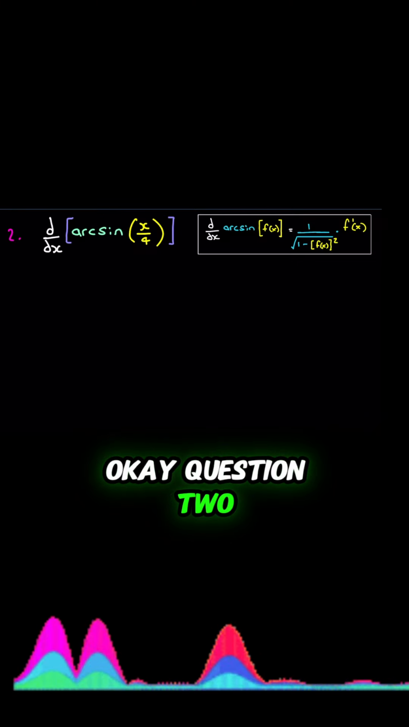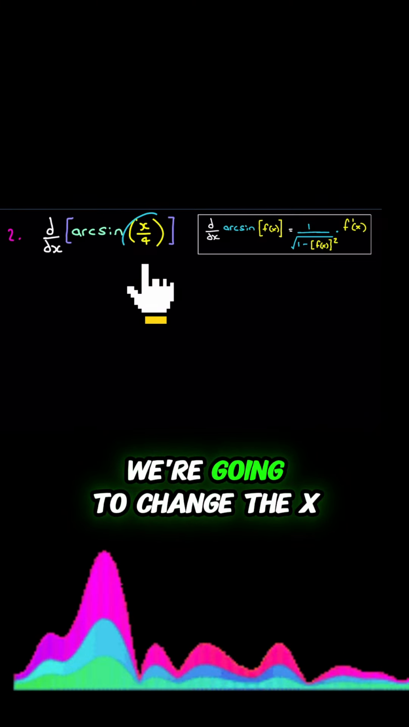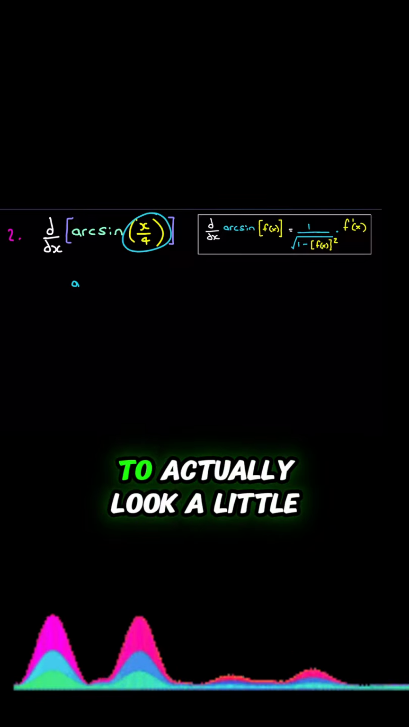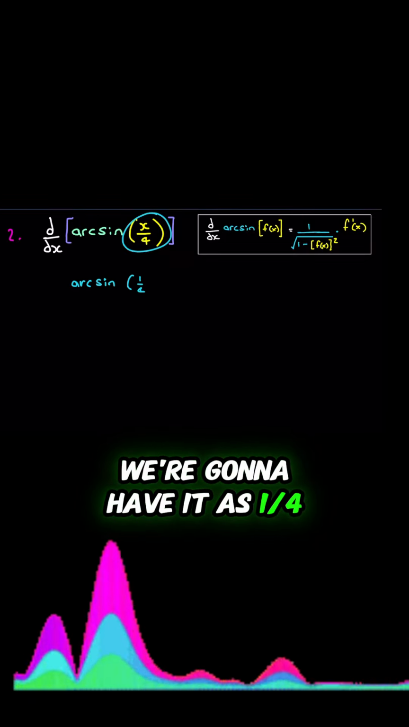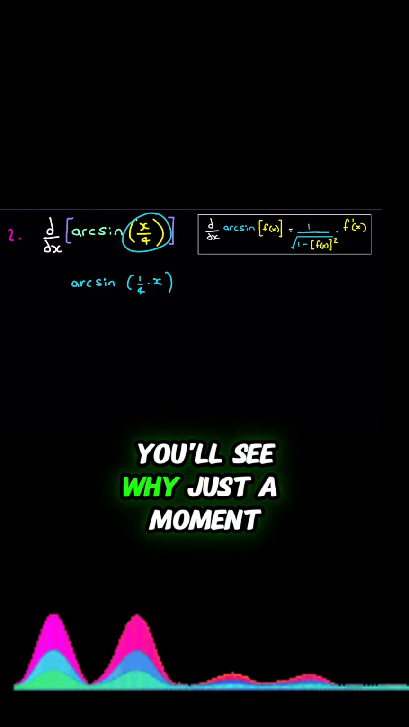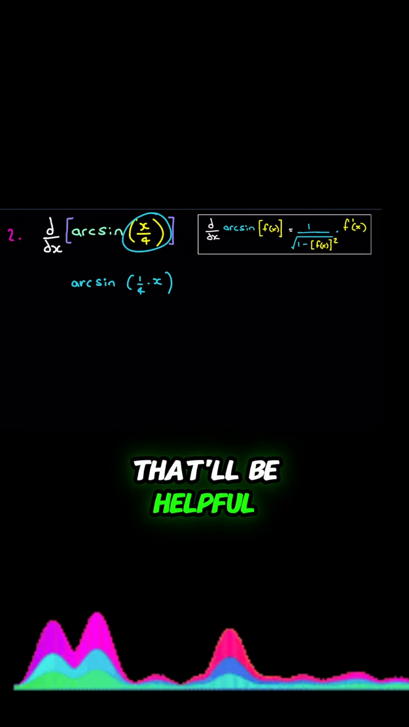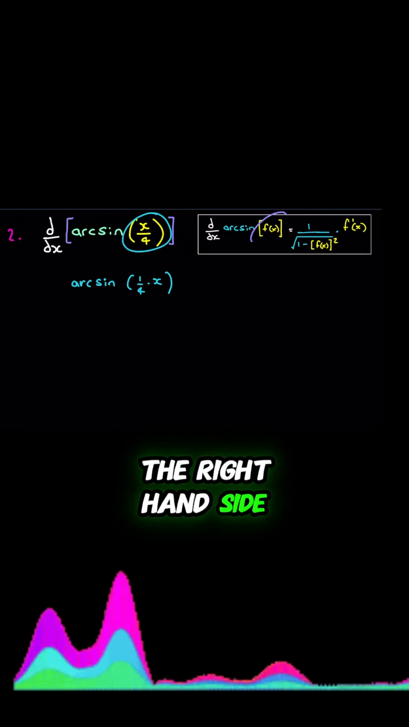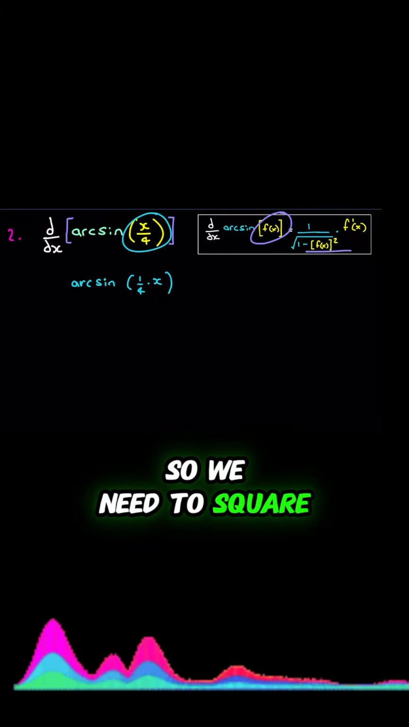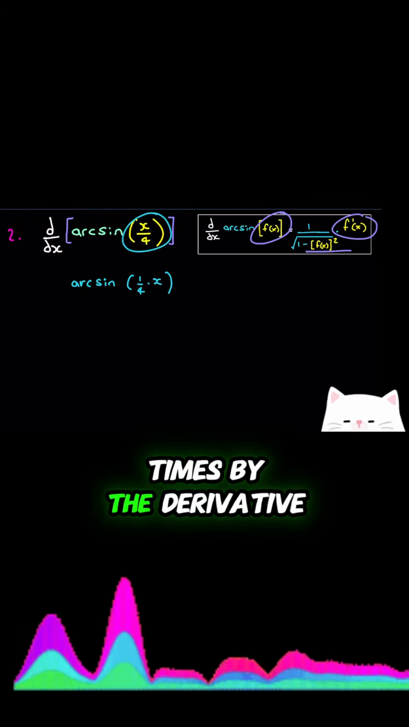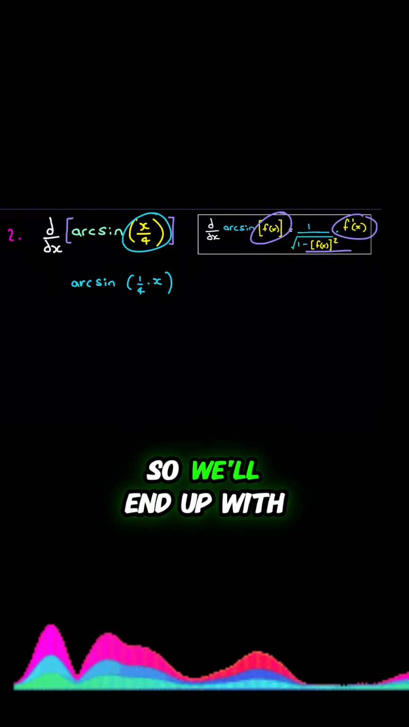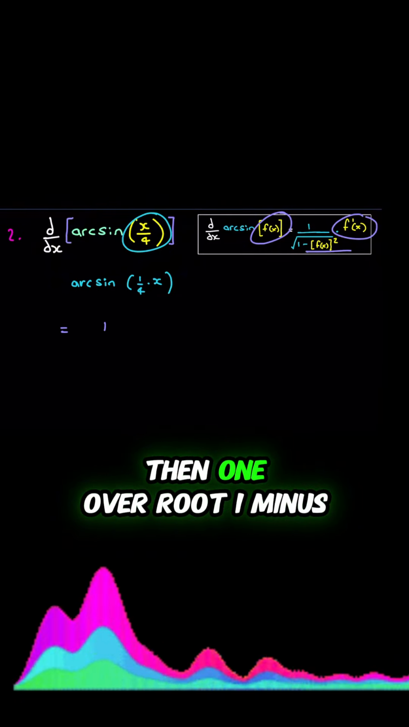Okay, question 2. So now we're going to change the x over 4 to actually look a little bit different. We're going to have it as 1/4 times x. You'll see why in just a moment. That'll be helpful. So we're going to look at the right hand side. We've got 1 over f(x), so we need to square that on the denominator below the radical and then times by the derivative. So we'll end up with then 1 over